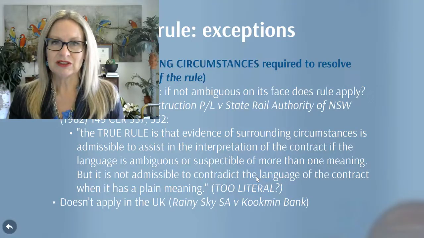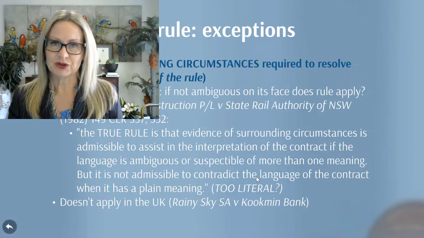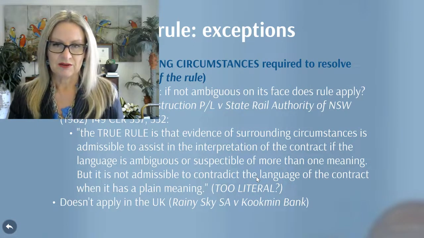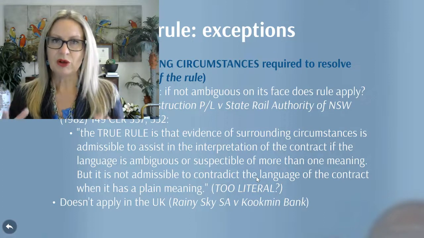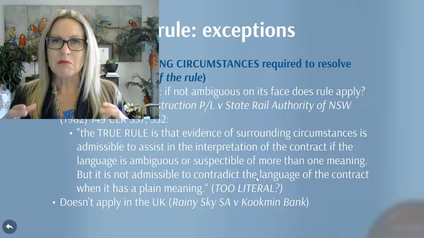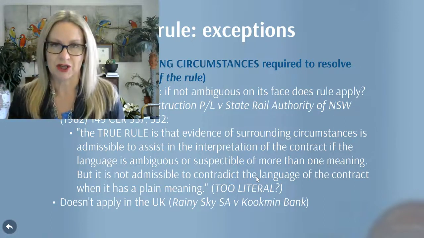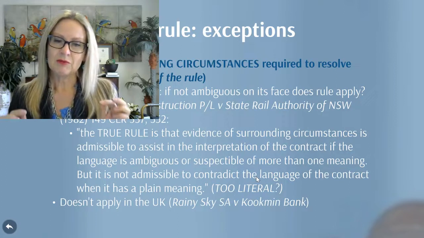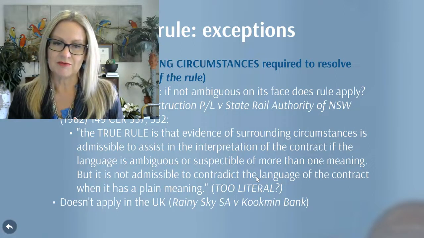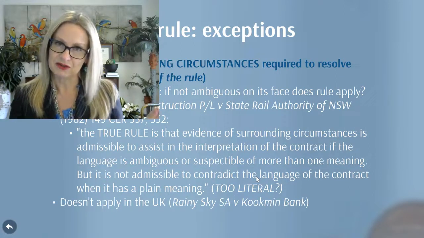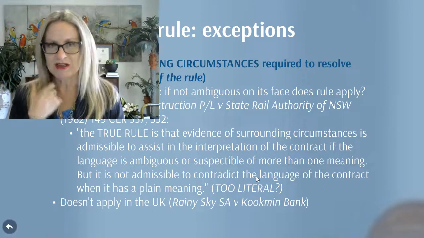You're going to have a very literal reading there of contractual terms, aren't you? The parole evidence rule is going to apply in most circumstances unless there's something quite apparent from the terms themselves that needs fixing. Now, because of that reason, the UK has shifted away from the way that we tend to